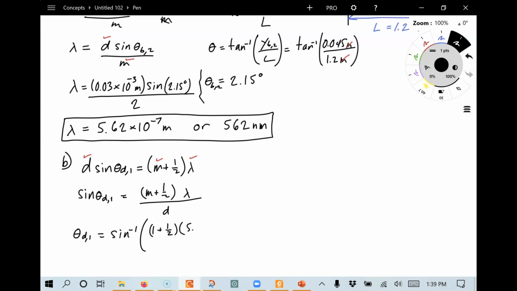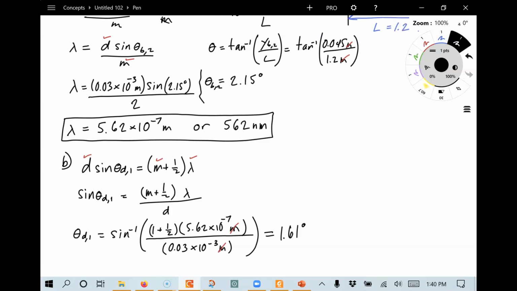It's going to be 5.62 times 10 to the minus 7th meters. And then we're going to divide that by the distance between the two slits. So we know what that's equal to. That's 0.03 times 10 to the minus third meters. And so I've gotten my meters consistent so I can cancel them. And now I just need to calculate what this angle is. That comes to